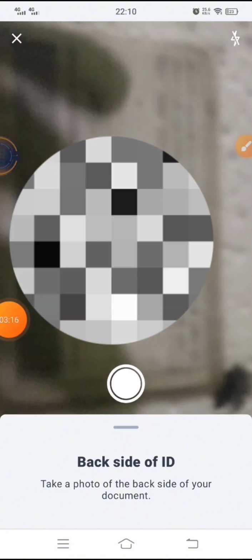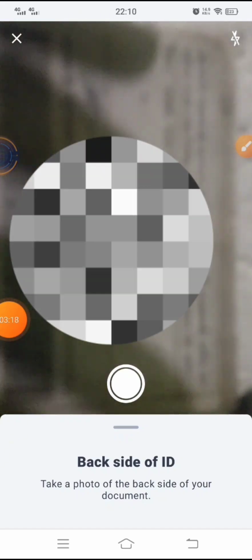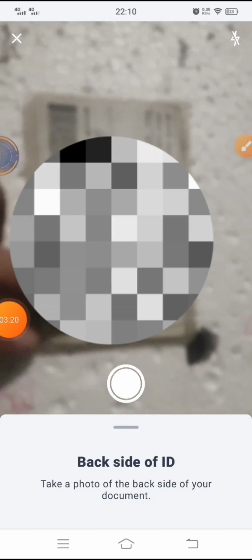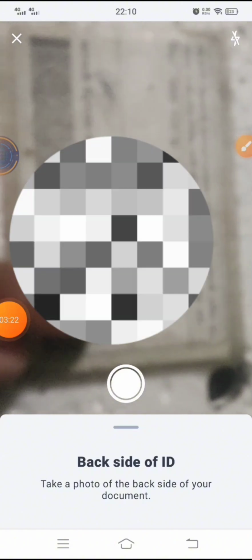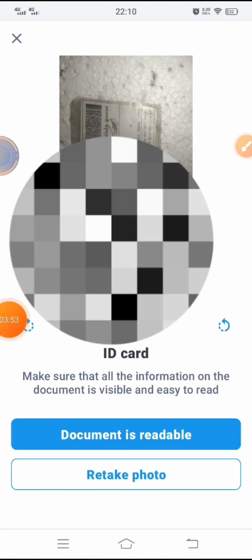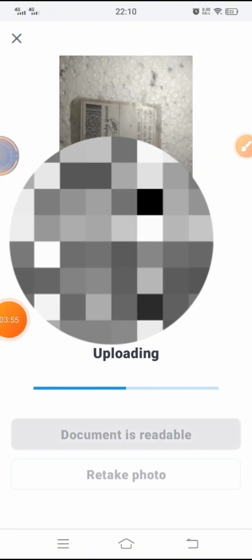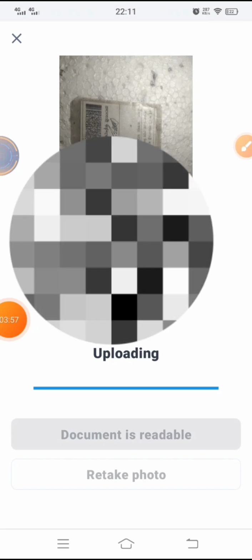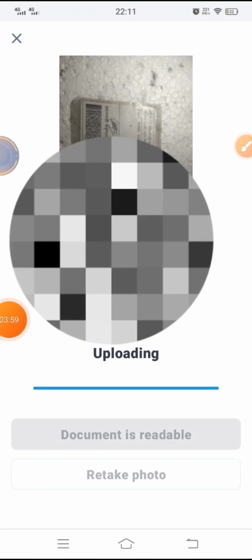After that, you submit it and select your back part and take a photo. After that, the document is reliable. Thanks for